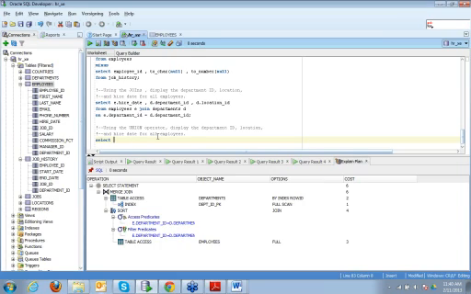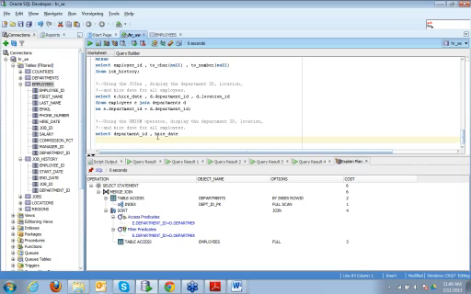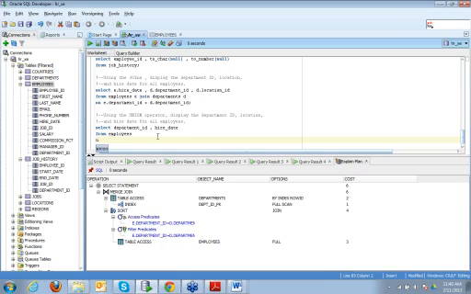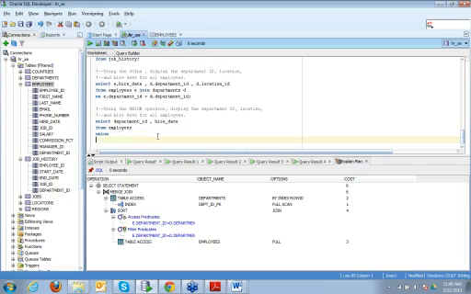So I can write here department ID, comma hire date from employees union select department ID, comma to date null, because we don't have hire date in departments.